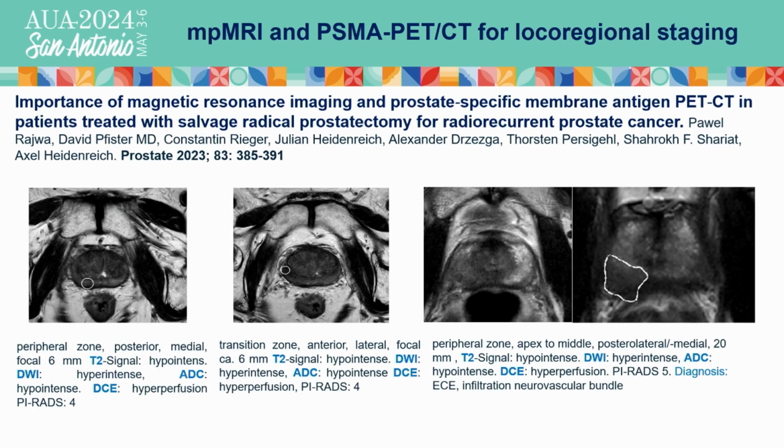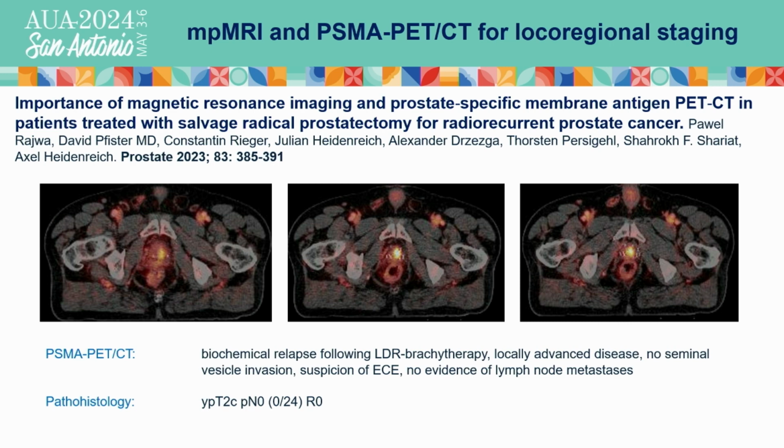This is a typical image of those patients, a typical multiparametric MRI demonstrating a small focus or even a large focus of radiorecurrent disease. When we did a PSMA PET scan in the same patient, we could delineate the same intraprostatic localization of the tumor. We also identified the infiltration of the seminal vesicle, so those patients usually get a biopsy of the seminal vesicle, and then they undergo surgery, which showed locally organ-confined disease, negative lymph nodes, and a negative surgical margin.